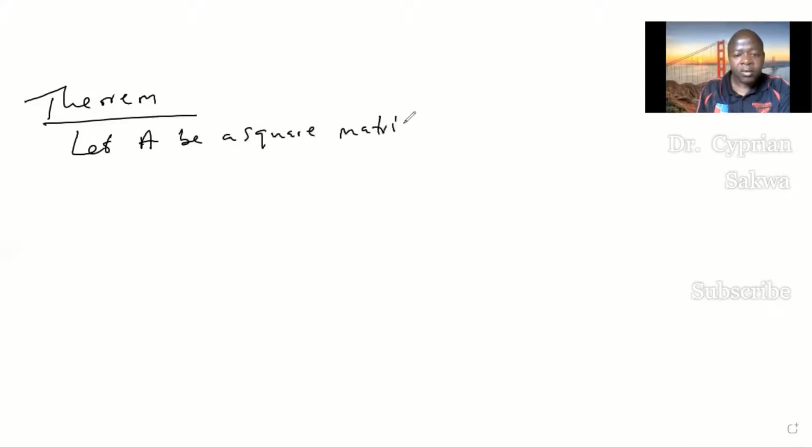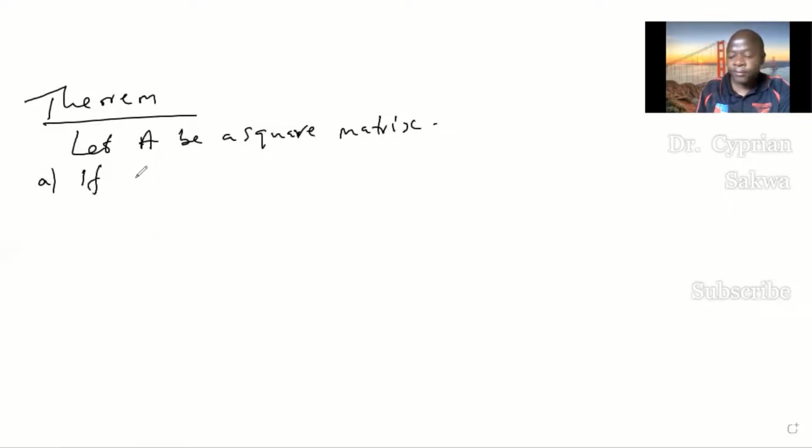Let me look at this other theorem. Again, I state it without proof. The theorem is: let A be a square matrix. You know that a square matrix has the number of rows and number of columns equal. Now, if A is a square matrix, then the first thing is that if